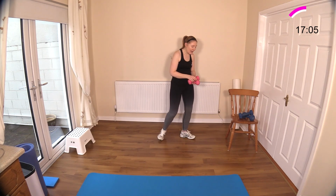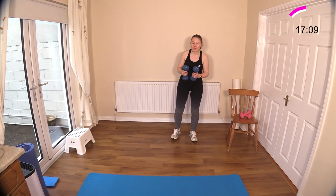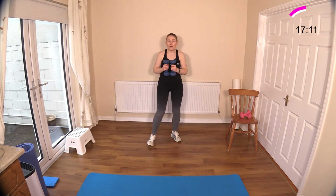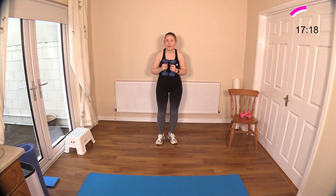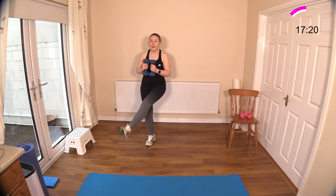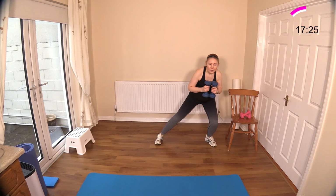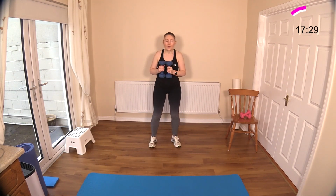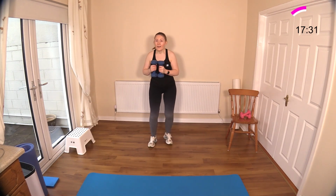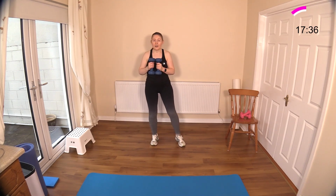Right, we've got some inner thigh lifts. We'll go a little heavier with that one. Okay, inner thigh lifts for 2. So it's 1, 2, line up the feet, lunge for 2. Okay, let's go. 1, 2, lunge, lunge. And again, 1, 2, lunge, lunge. Good. And lift,